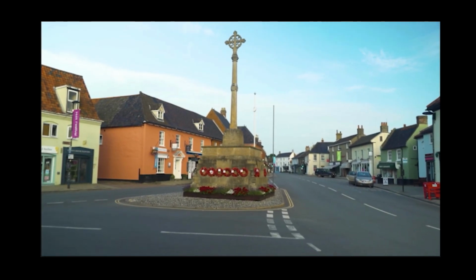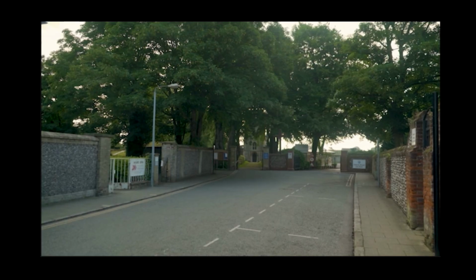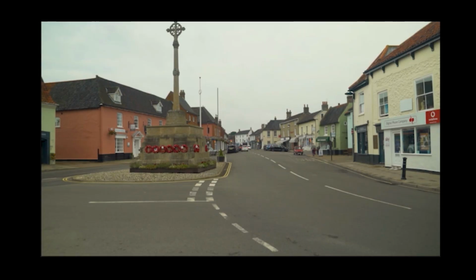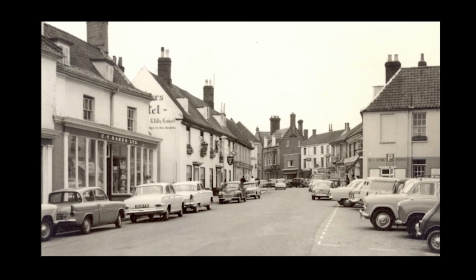This is the marketplace. Very important, as you can see, the breadth of it here. Just imagine it in the Middle Ages, lots of wattle and daub, thatched buildings, scattered around here, and also further up towards the church, because of course the church was the centre of everything in those very early days. But what we notice looking at the buildings around the marketplace is that they have a similarity between them, because they're nearly all built in the 18th century after the terrible event of 1708, when the Great Fire of Holt